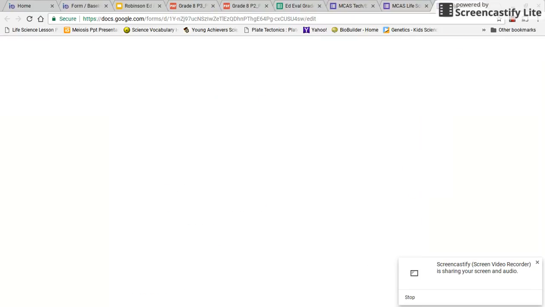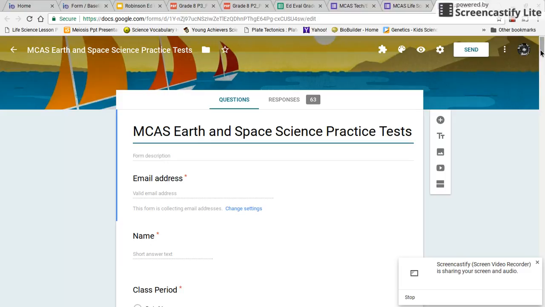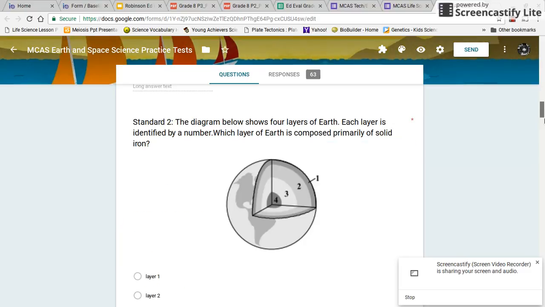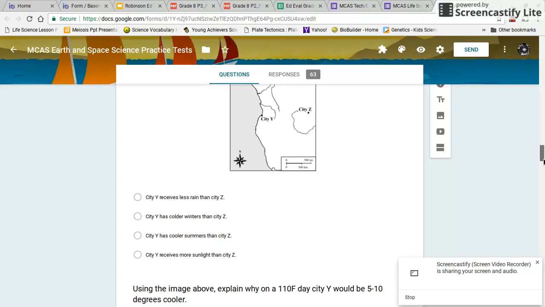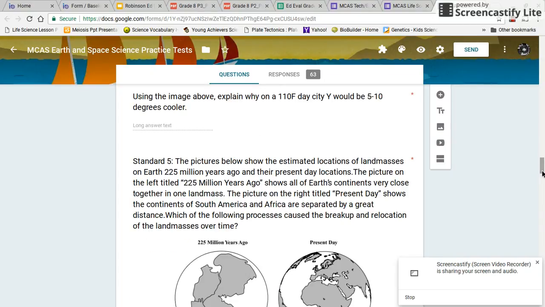So this is the physical science portion. I gave an earth science portion. These are the questions based on the weakness analysis that students struggled with. So we spent a lot of time looking at this and understanding the science in it rather than simply familiarizing them with it. We go into depth.